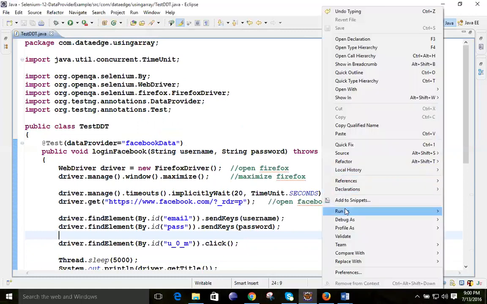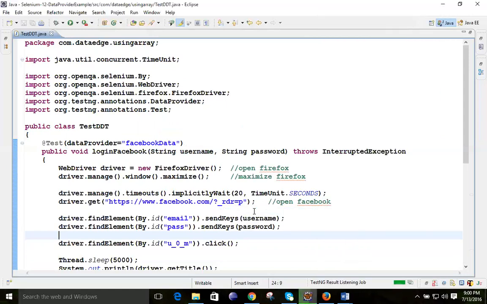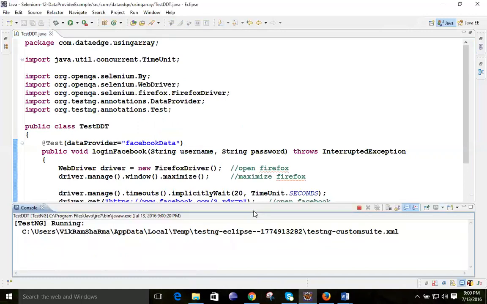So let's run this one as testng, because there is no main method, there is only the test case. See, the test case is going to start executing now.